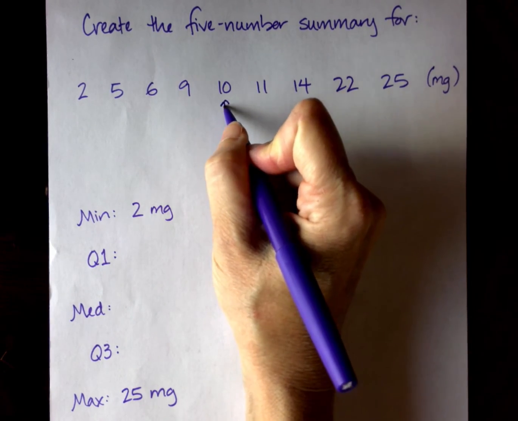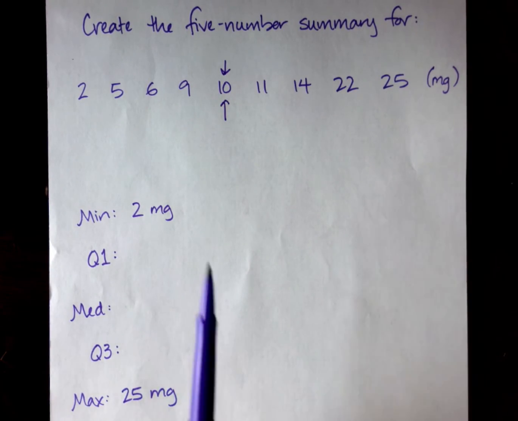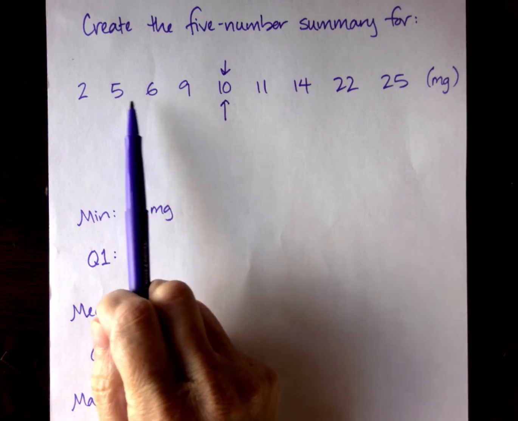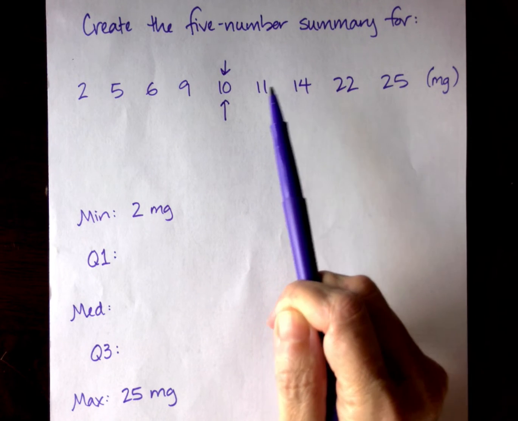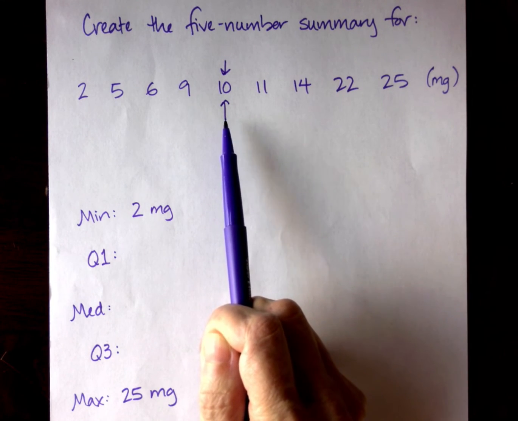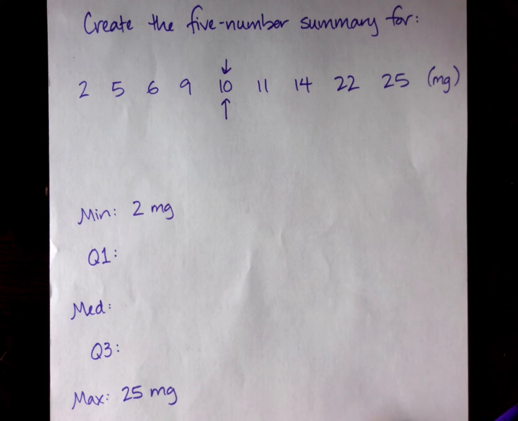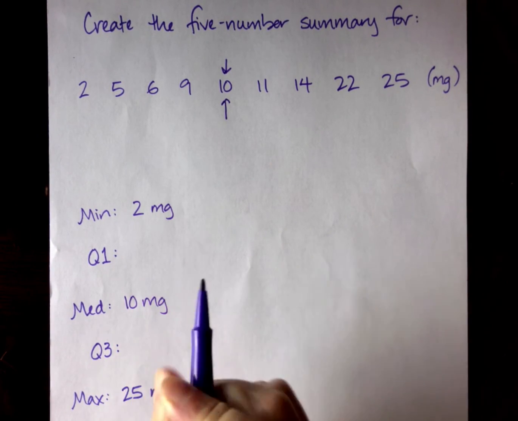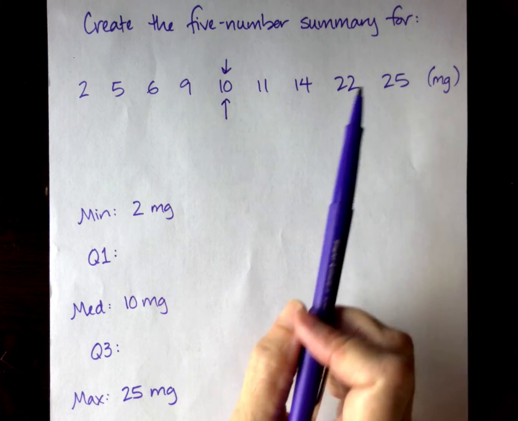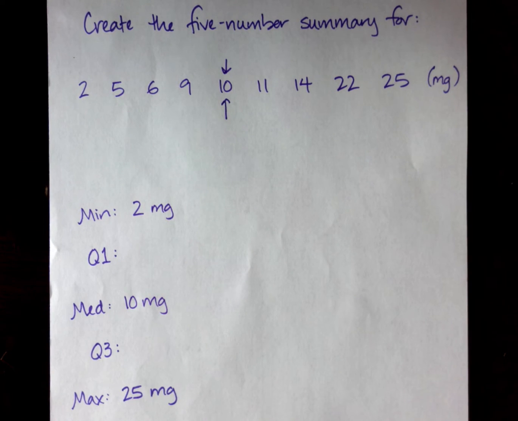If we put 4 entries on one side and 4 entries on the other side of this middle entry of 10 milligrams, 10 milligrams will be our median. So if we have an odd number of data points like we have here, the very middle entry will be our median. And in a separate example, we'll talk about what to do if we don't have an odd number